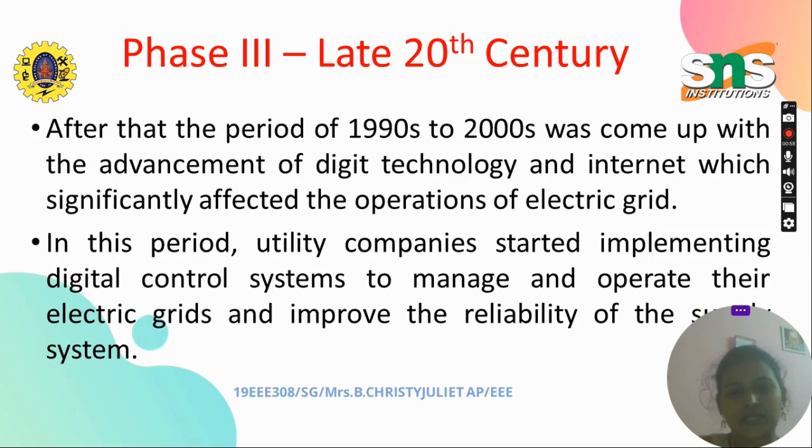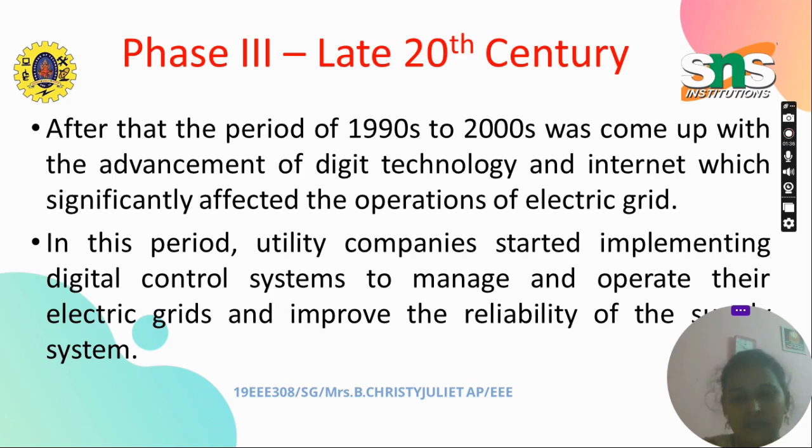After that, the period of the 1990s to 2000s came with an advancement of digital technology and the internet, which significantly affected the operations of the electric grid. In this period the utility companies started implementing digital control systems in order to manage and operate their electric grids so as to improve the reliability of the supply systems. So this made the grid struggle because it has its own old infrastructure, and it somehow hesitated to adapt